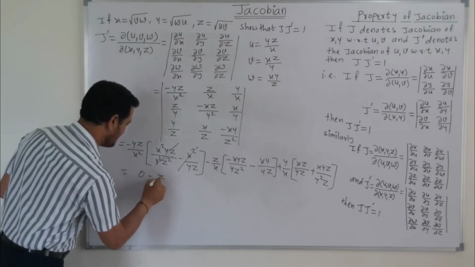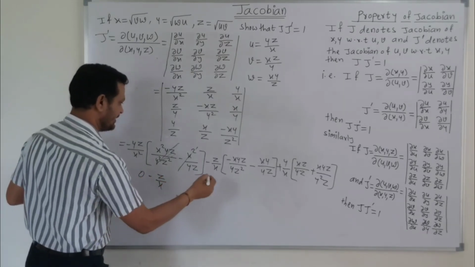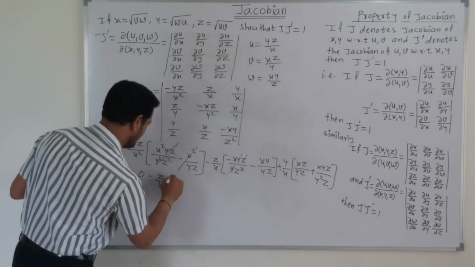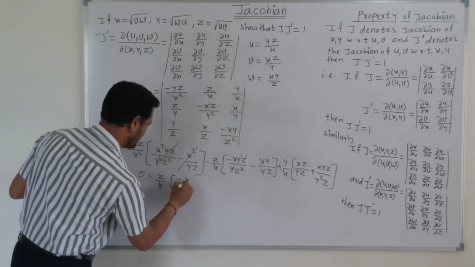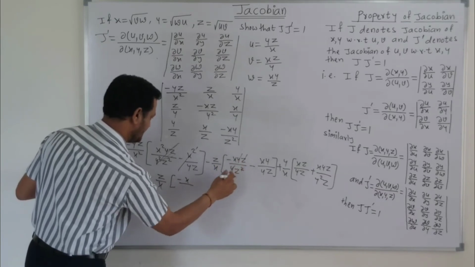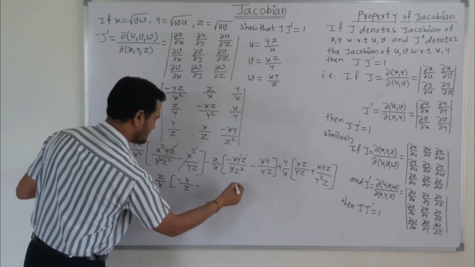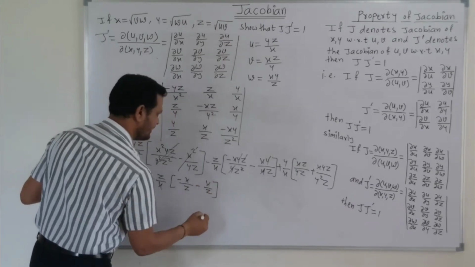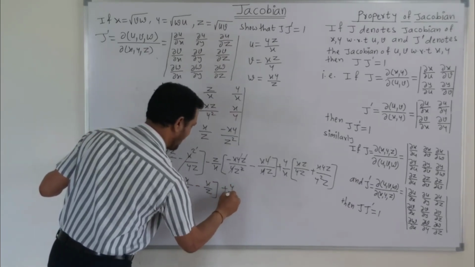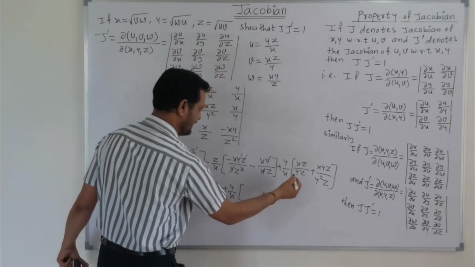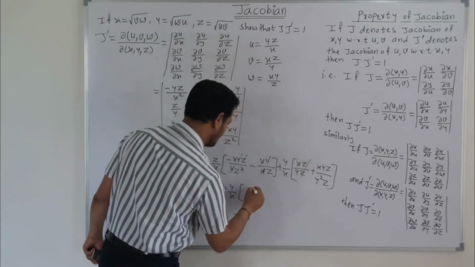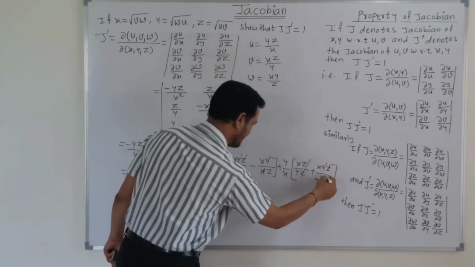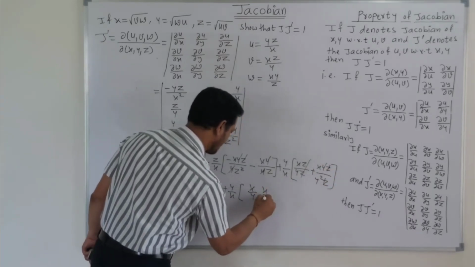Then this is minus z upon x. Here friends, this y and this y get cancelled, and this becomes minus x upon z. Again x upon z plus y upon x. Then in bracket this z gets cancelled, this is x upon y. Then again this y gets cancelled and this z gets cancelled, this is x upon y.